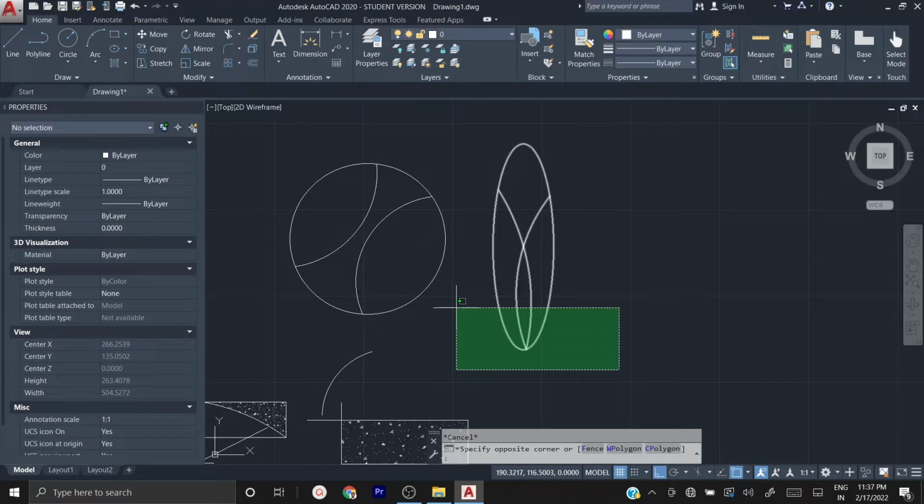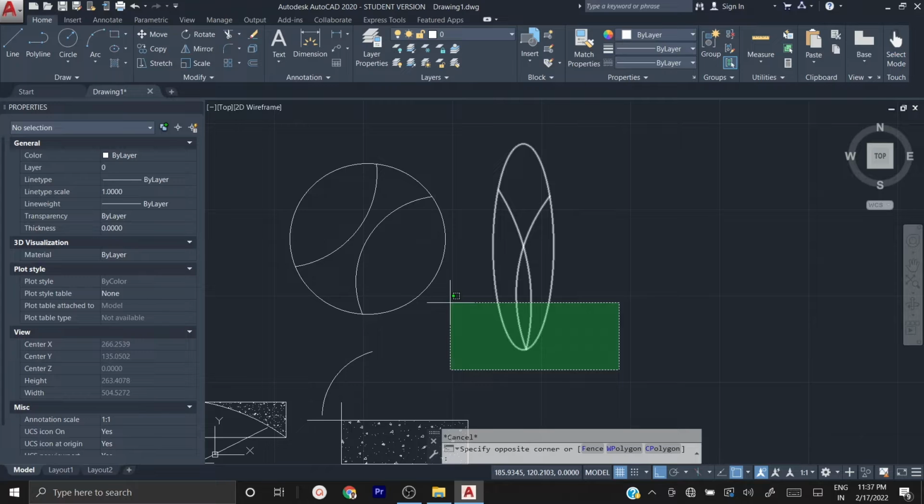See, the selection box will appear in green color. I have not clicked at this point, upper left, but see, if I move the cursor like this for selecting, even a small portion of the object, if it is inside this box, will be selected.